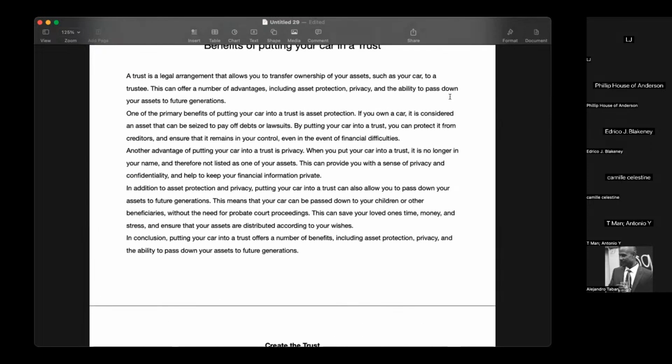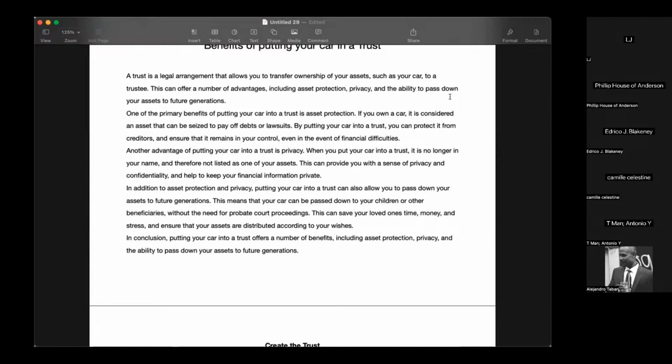The other benefit that's not mentioned here, when you buy a car with a trust, especially if you take a loan out, that is considered a business expense. So that loan can be written off. Those monthly payments, you could write them off as an expense to the trust. Registration, any fees, oil changes, all that stuff can